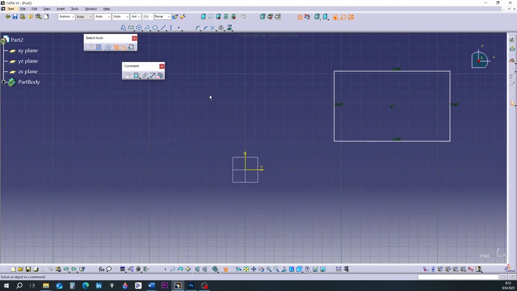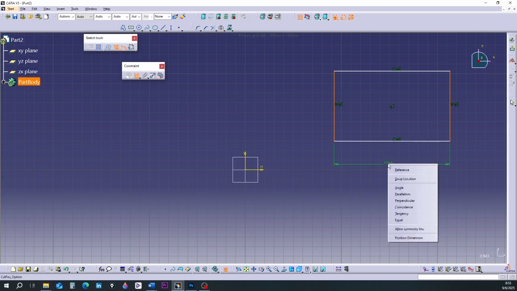But we can also use the constraint dimensioning tool. First, activate the tool. Select the two vertical sides. It is seen that the number for the distance between the two sides appeared. Without clicking, perform a right click. A drop-down menu